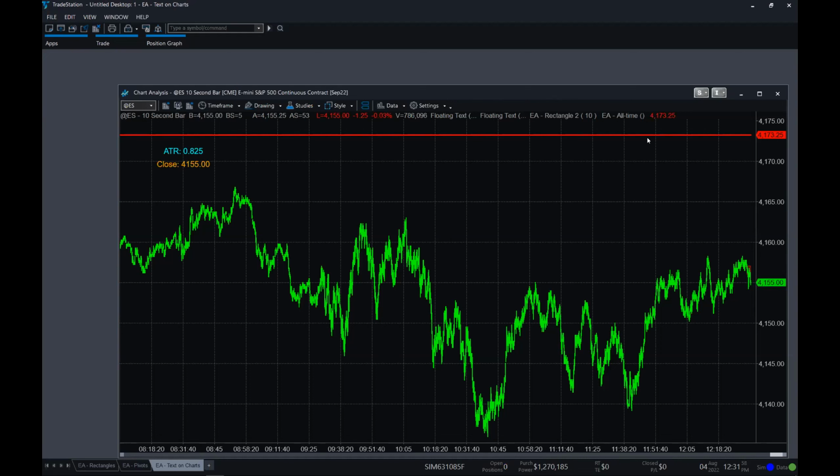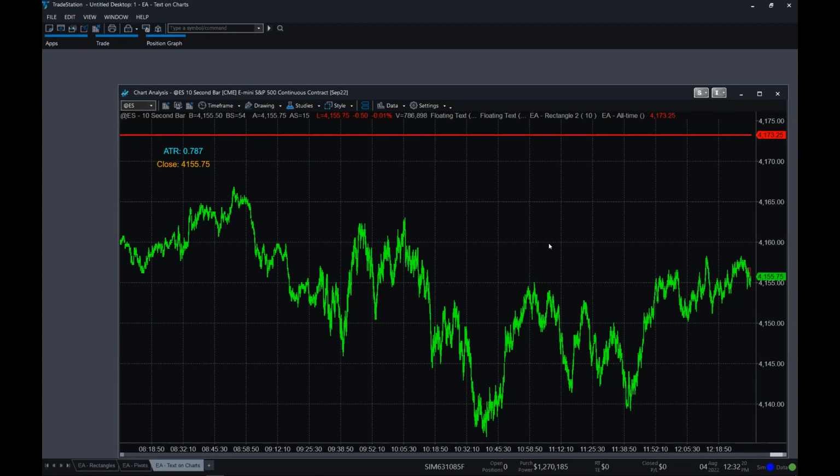Now, if you put more data on the chart, obviously it's going to include that, but that's as close as we can get to an all-time value for anything, unless you make it an input and you enter it manually. Yeah, you can enter the price manually and then do any calculation based off that price. Correct. Okay, yeah, that makes sense. That's beautiful. That's great stuff.